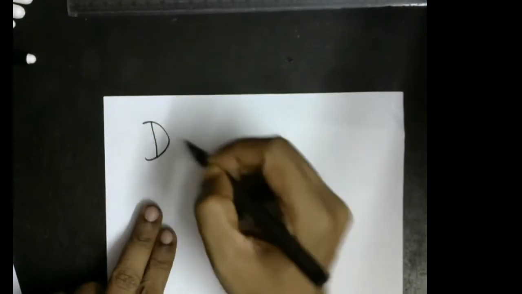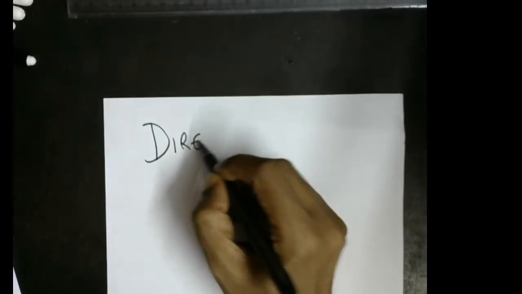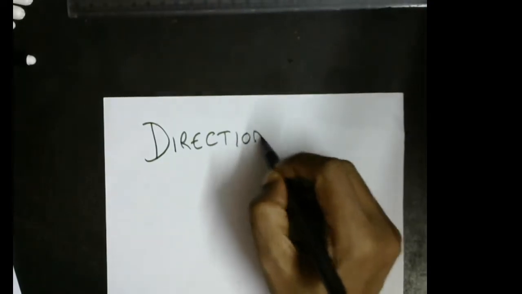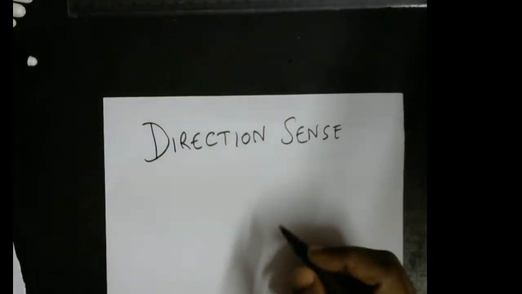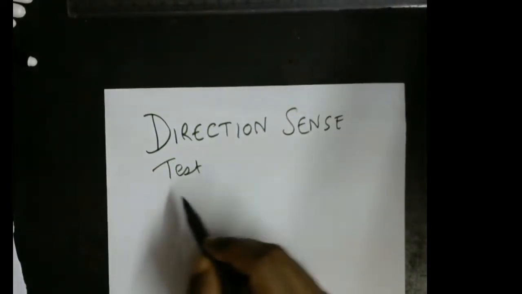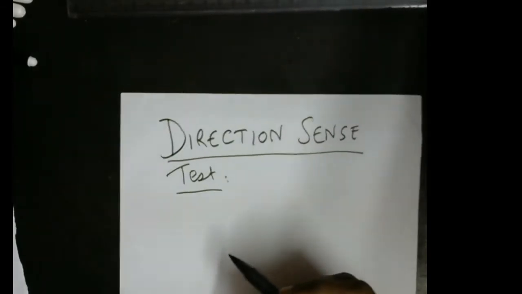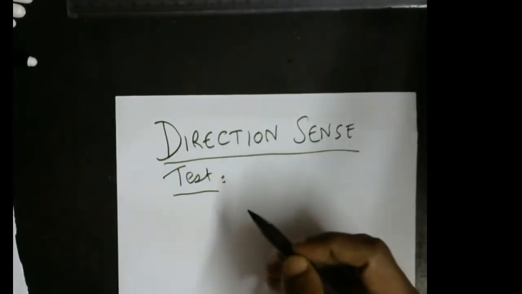Today I want to discuss the direction sense test in LR. Direction means there are four basic directions. What are the directions? North, south, east, west. So we have four basic directions in our idea of the test of directions. In logical reasoning, we have to judge which direction anybody is moving or which direction any object is